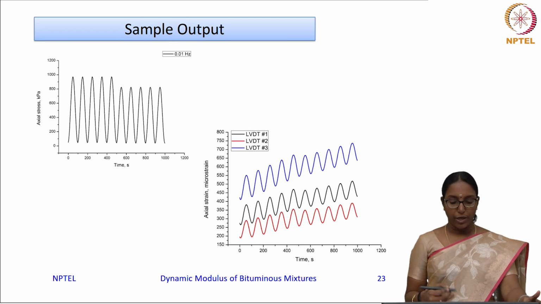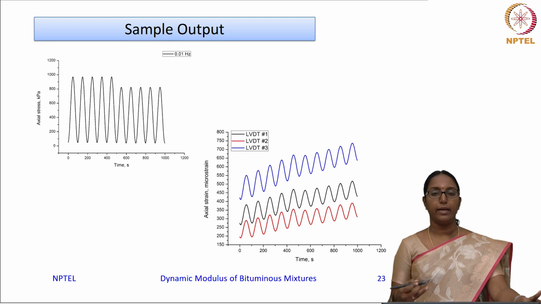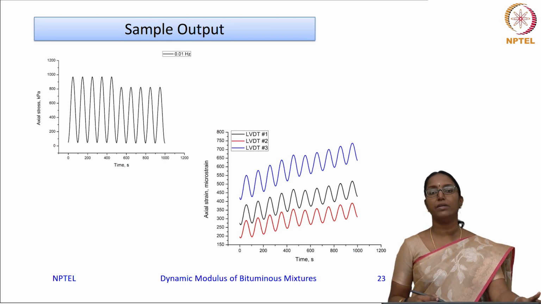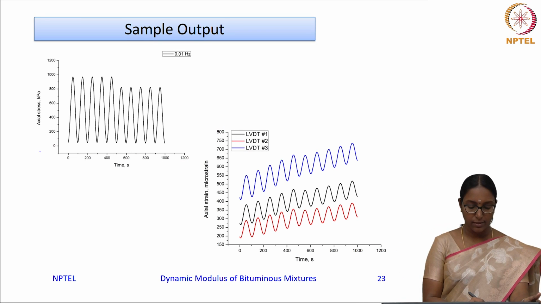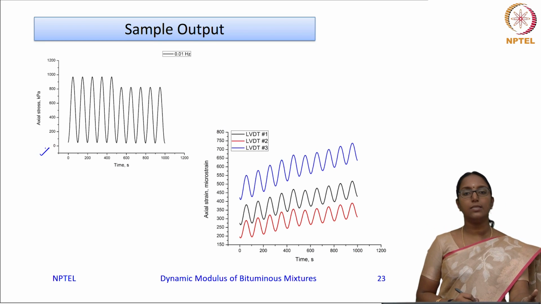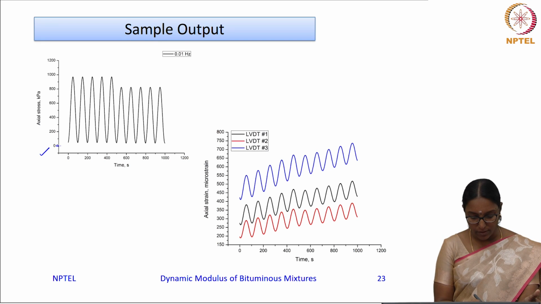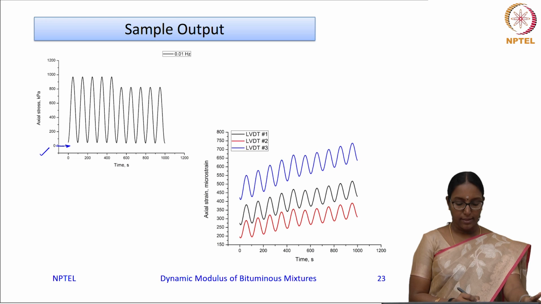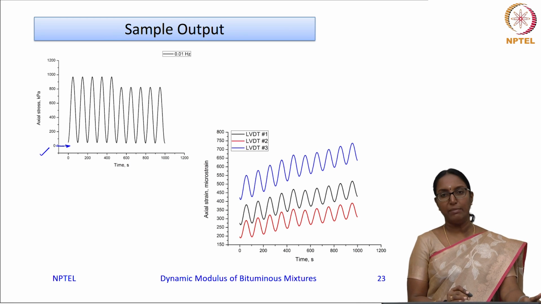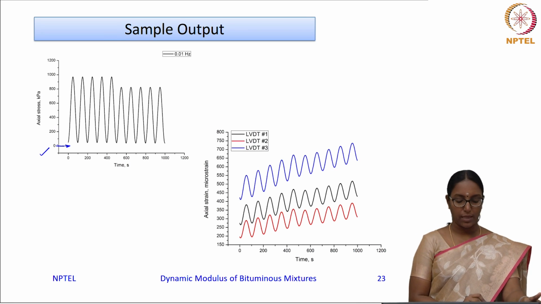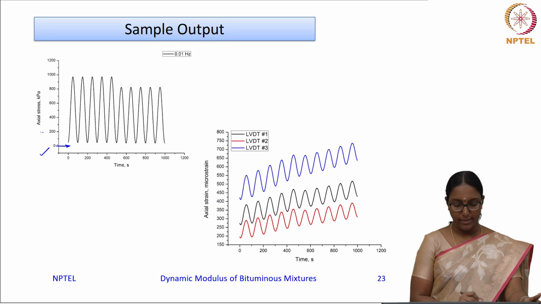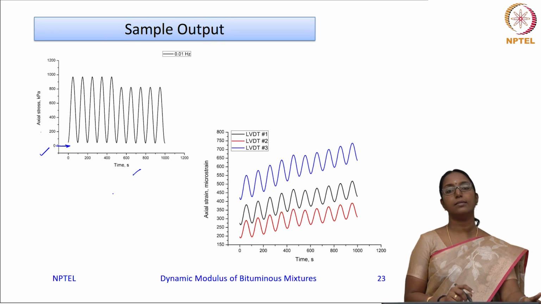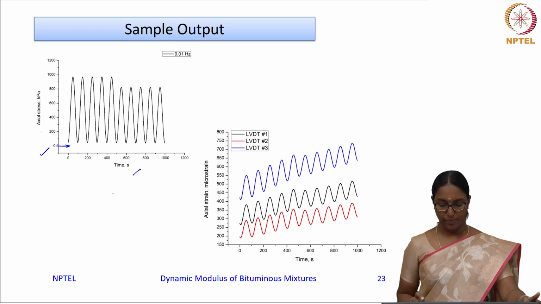Now, in your dynamic modulus test, these are some of the typical outputs that you get. The first one is the axial stress versus time. Here is the 0, I have just plotted it a little higher. These are some 10 cycles I have randomly picked from the test data. You see the axial stress on the y-axis and the time, and you see that this is a Haversine loading that is applied.